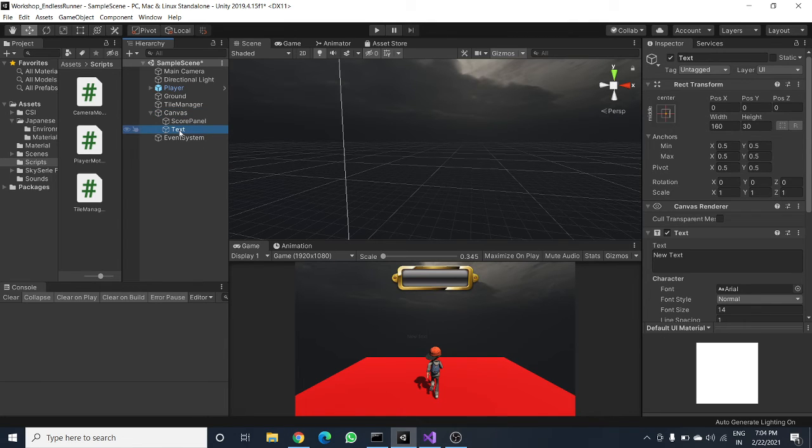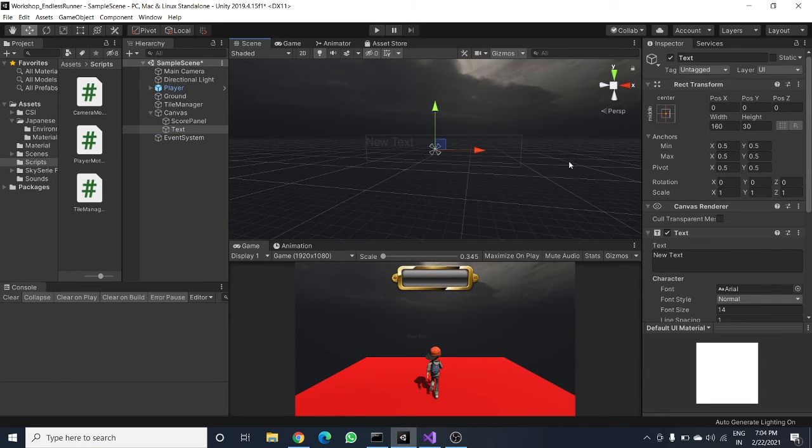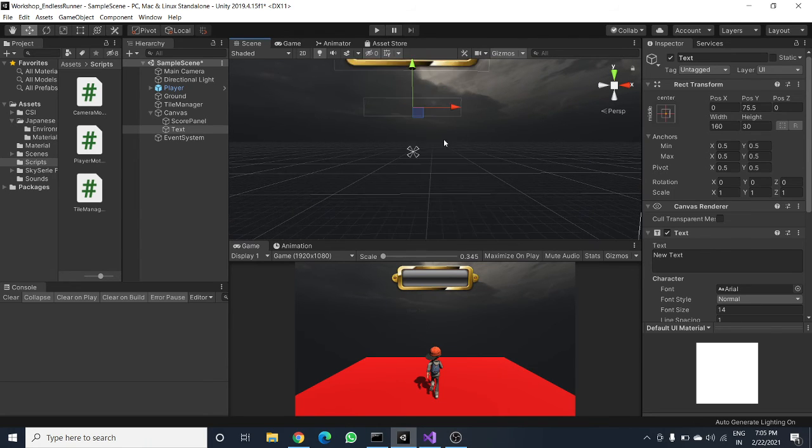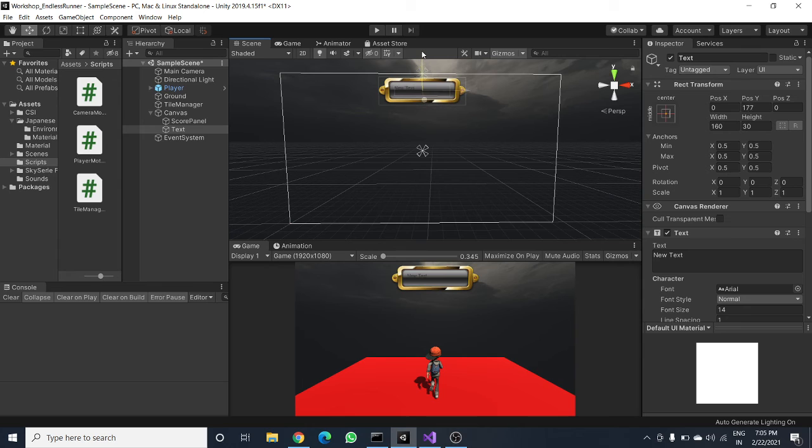Now we have our text area. You can see this particular text is right there, but I want it to be up there. So click on the text, press F to focus, and make it upward.